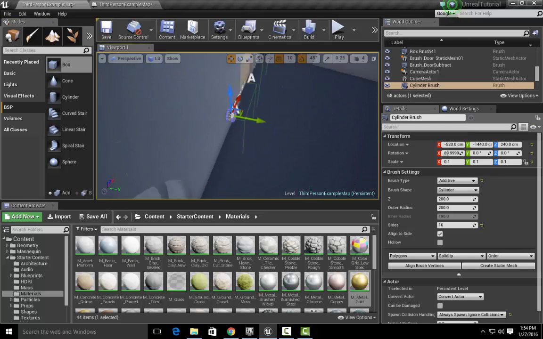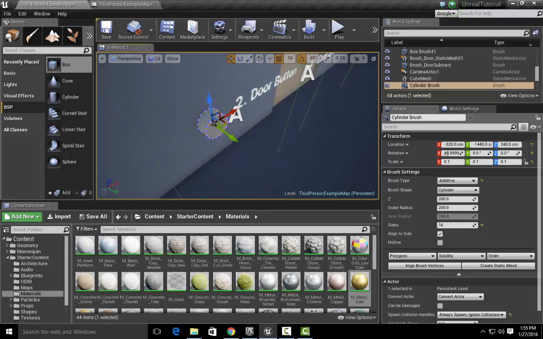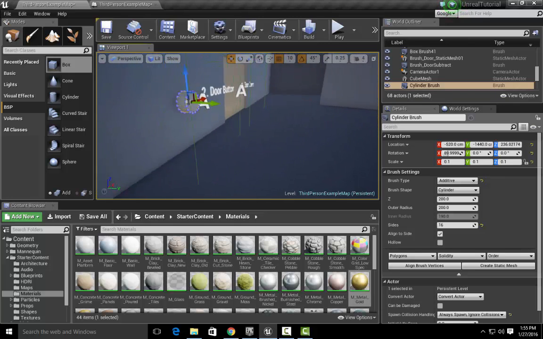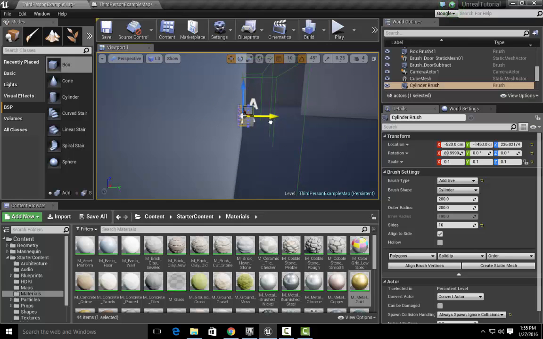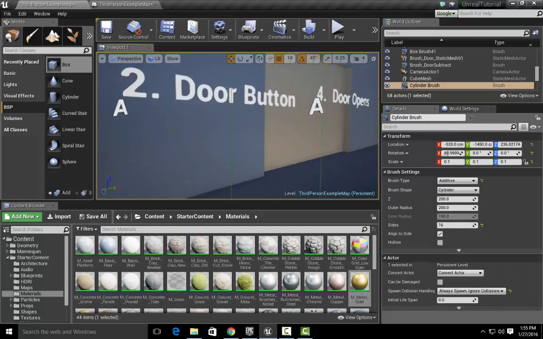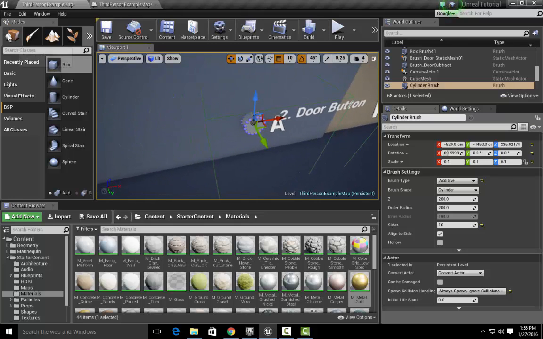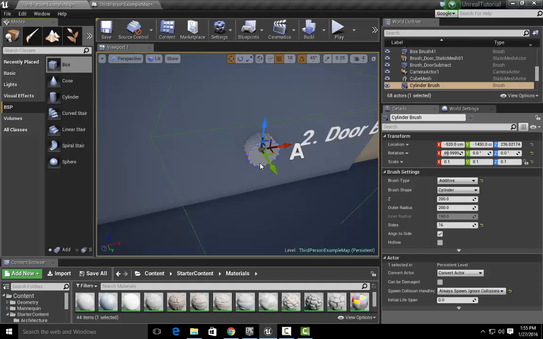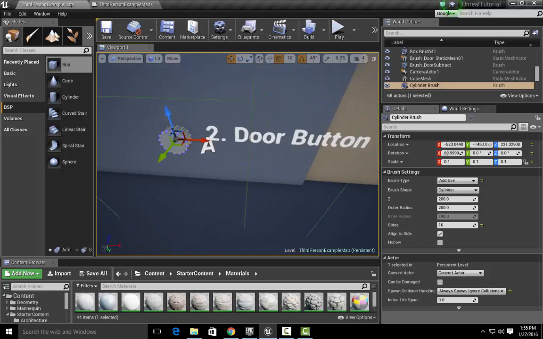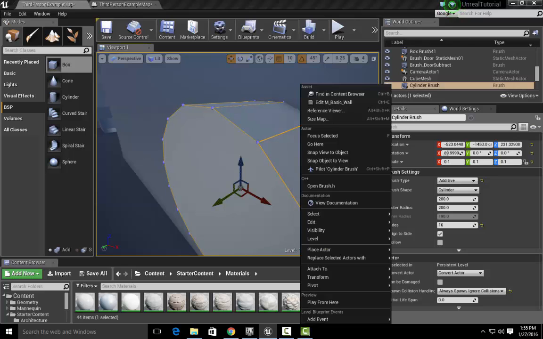What am I in here? Oh, why is everything jumping around? You're really acting weird, Mr. Brush. Whoa, right click is making my brush move. Why is it doing that? There we go. So I select one face and I go over here and I want to select